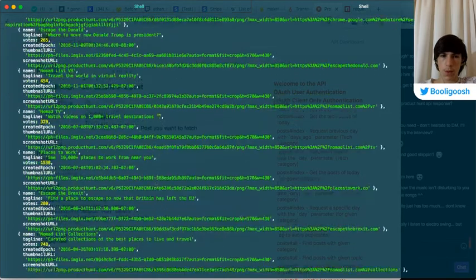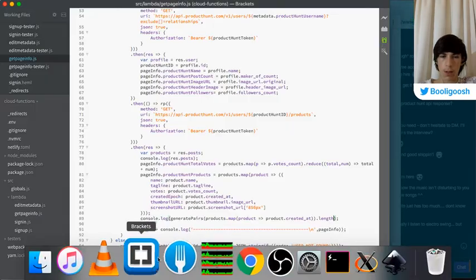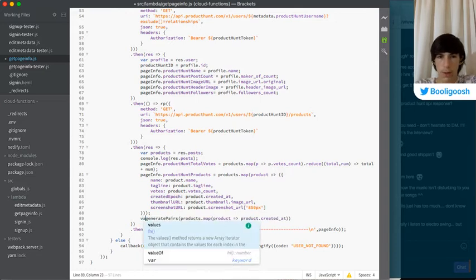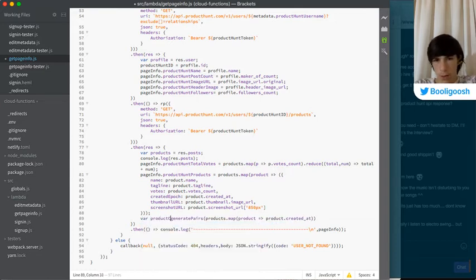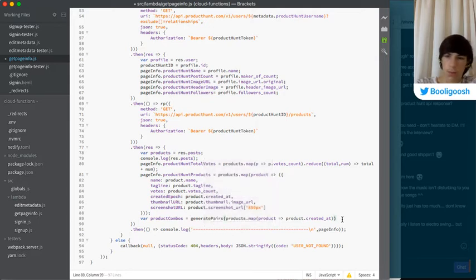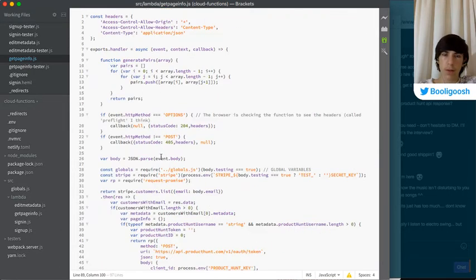So then what we want to do is we want to say, okay, so we'll say var product combos equals that. Oh, actually we might not even need pairs.